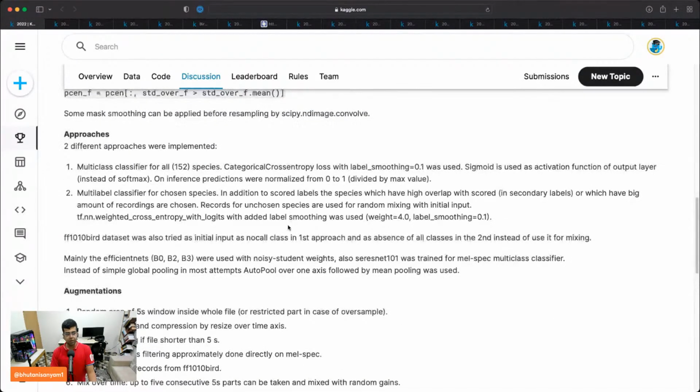The approach was the following: multi-class classifier for all species and multi-label classifier for chosen species. In addition to scored labels, the species which have high overlap or which have big amount of recordings, records for unchosen species are used for random mixing with initial output. So looks like they figured out a way to also do this post processing or second level of classification for labels or for classes that had lesser number of labels. Seems like